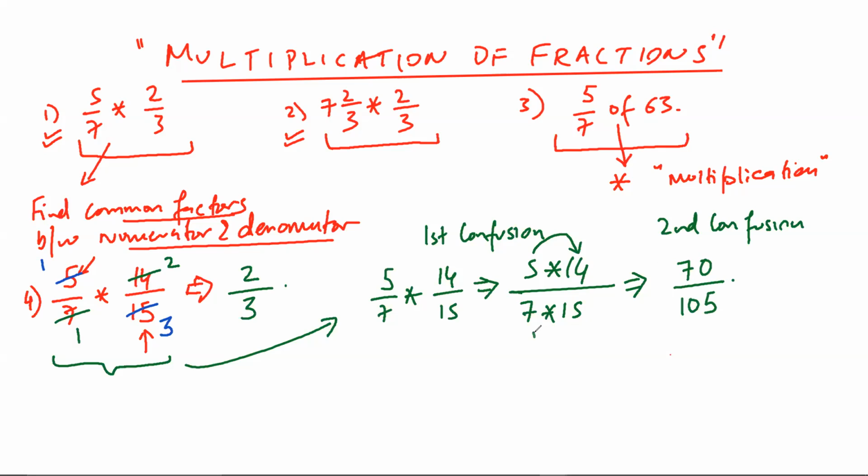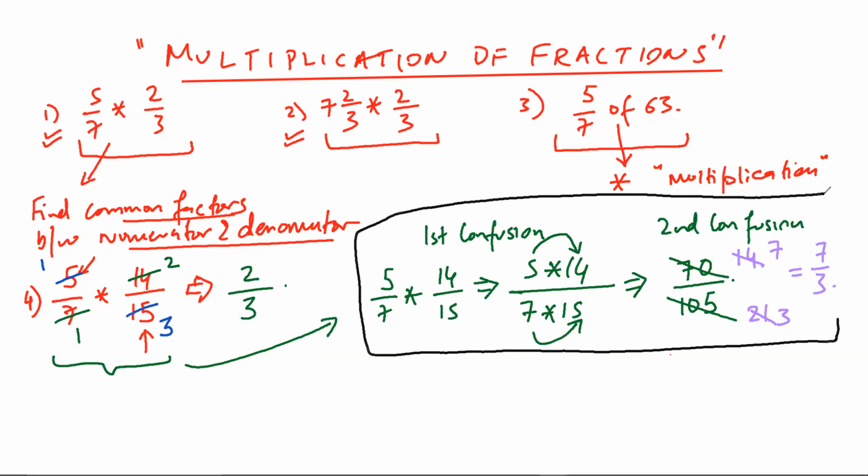So they will multiply the numerator and the denominator first. And after this only they will start to cancel. Have you understood what I am doing? Yes, sir. So 5 one the 5, 14 two the 7, 7 three the 105, and they will say that the answer is 7 by 3. Now, Mr. Sarthak, what do you suggest? Is this method better or is this method better? What method do you like?